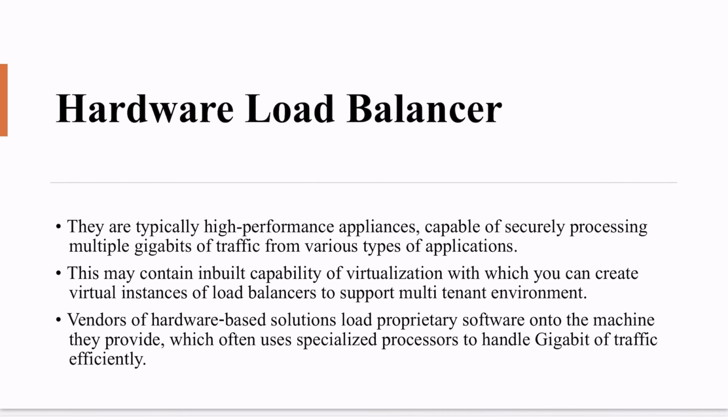So, hardware load balancer. See, if you are dealing with a large amount of data, that is tens of gigs of data per second, then you need a hardware load balancer. Meaning if you are looking for high performance, then you should go for these appliances, the Big IP appliance. You can say that I want to purchase this hardware from F5. The benefit here is that the vendor will introduce capability in hardware according to the load balancer, like it will have a BIOS which will be pre-configured according to the need of the load balancer. There would be specialized processors, proprietary software.